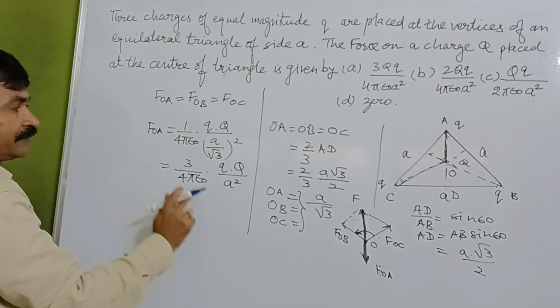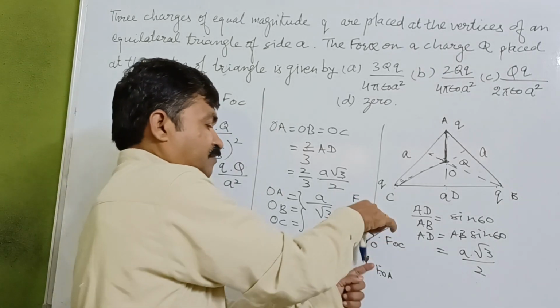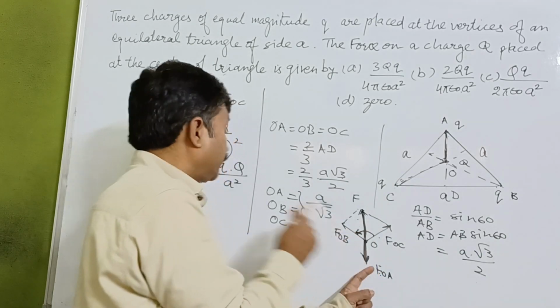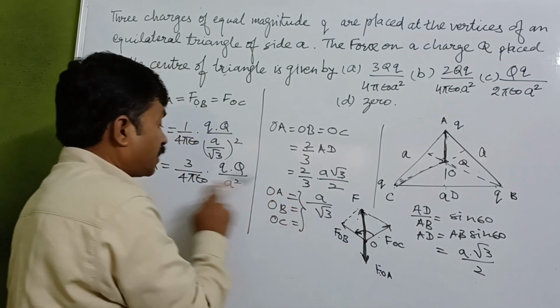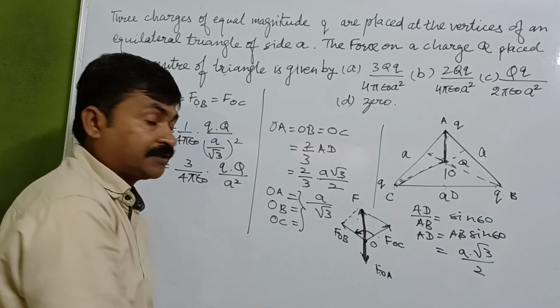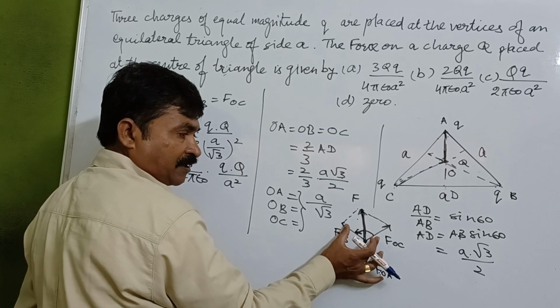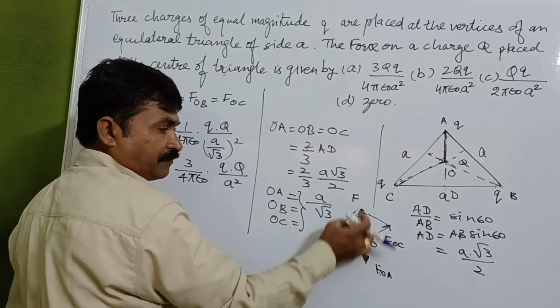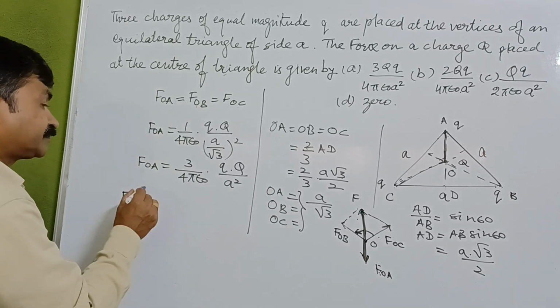Now finally, what we have got? We have got the forces which are acting. FOA is of this magnitude, FOB is having the same magnitude, and FOC is having the same magnitude. Now we apply the law of parallelogram to find the magnitude of this force. So F will be given by